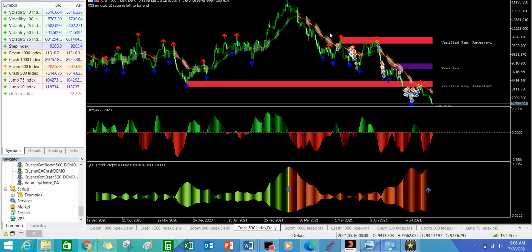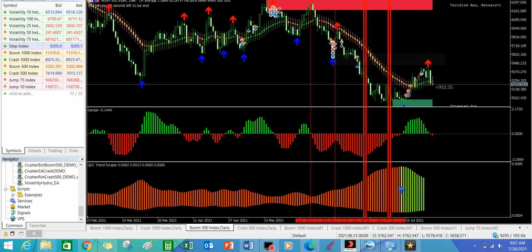If you check out all this while that I've been showing you the daily time frame, you will have seen all these small arrows on them. Those are the advantages that I took while the market movement was going in that direction. I can take it backward again. Let me go to Boom 500. You can see all the small arrows. Those are the orders that I took during the period. You can see so many of them on the chart.